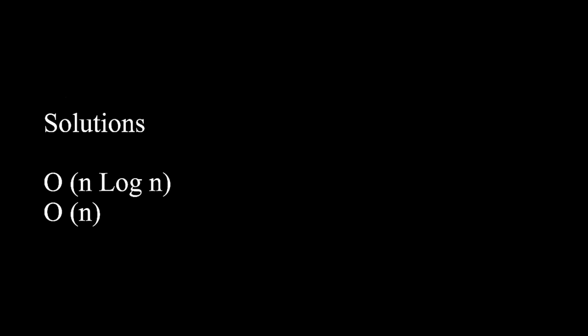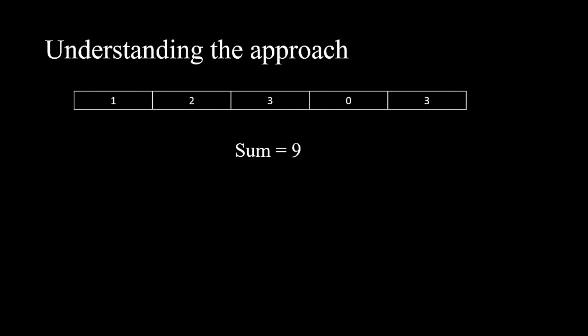Basically, there are two available solutions for that. One has O(n log n) complexity, and another one has O(n) time complexity. Now I'll be explaining this O(n) solution, but to understand it, you need a basic understanding of how it works in the O(n log n) case as well. Now, suppose you are given one array, and first you need to check its eligibility, whether you can make equal-sum partitions or not.